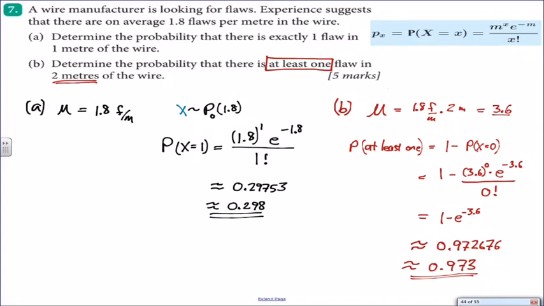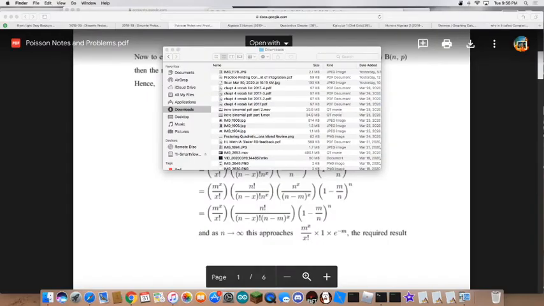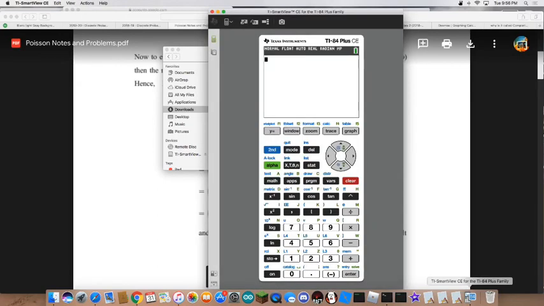So one last little thing that I want to share with you is about the graphics display calculator. So I'll share that with you here. Wanted to basically show you how you can answer any question with Poisson distribution. And first I'll point out that it's under the distributions, which is above the variables key. So I will hit second and dist for distributions, and then you can see by scrolling up to the bottom of the list, you'll see Poisson distributions. Here we have the probability distribution function, and here we have the cumulative distribution function.